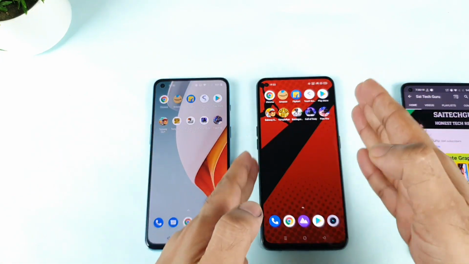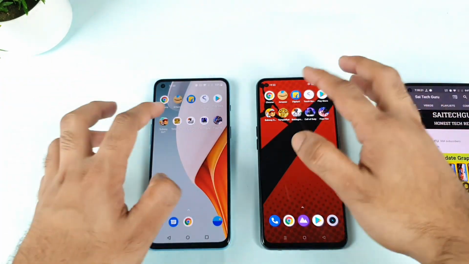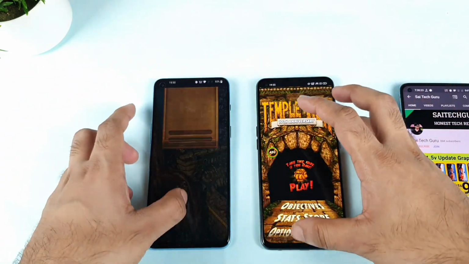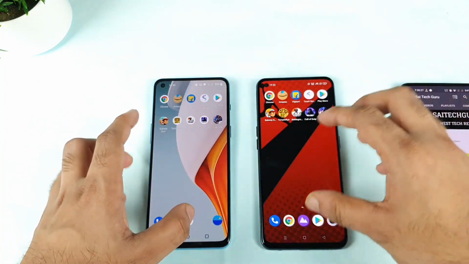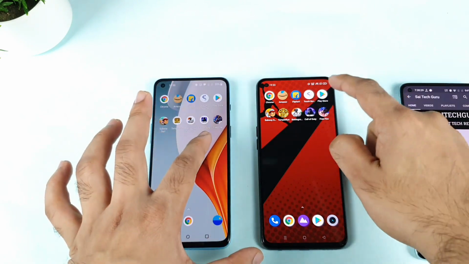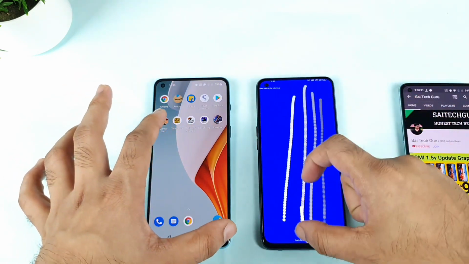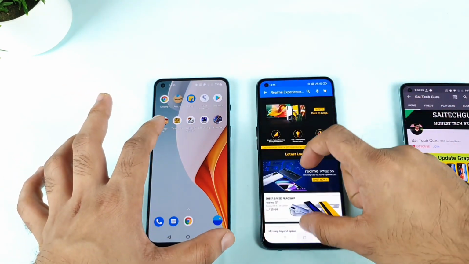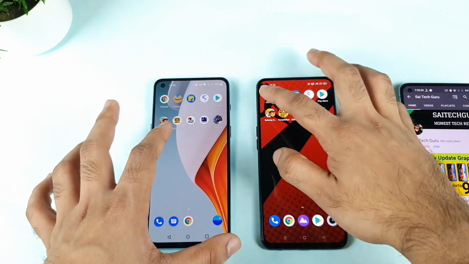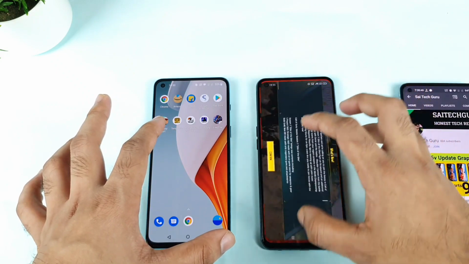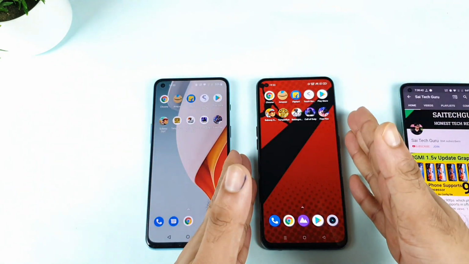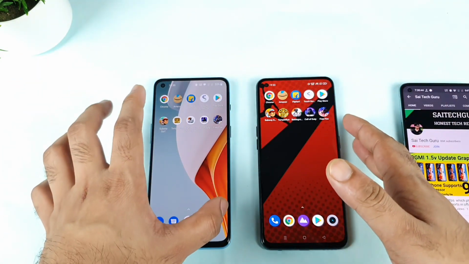I think there's some kind of change that has happened with the Realme X1 Max. All of a sudden, it was able to behave properly. So that's kind of good. I need to do this kind of in-depth testing, friends, on this Realme X1 Max because before I did not see this kind of change happening. It was able to keep all the applications and all the games in the background completely fine without any kind of issues. No problem at all. As you can see, all the 10 out of 10 points for the Realme X1 Max, but not that great points for the OnePlus Nord 2 device.